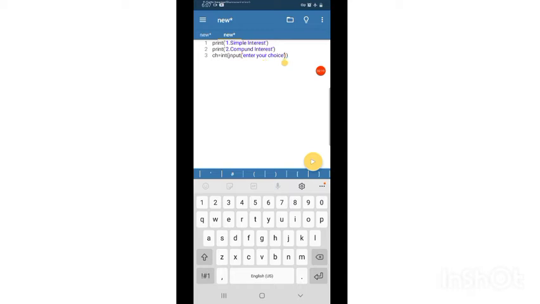So user can enter their choice, whether 1 or 2.